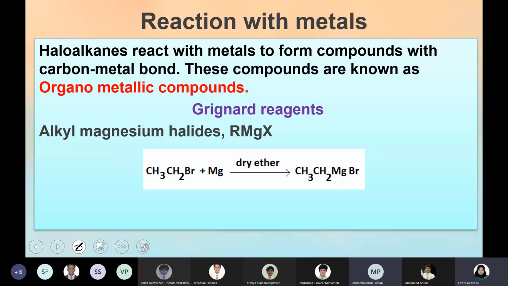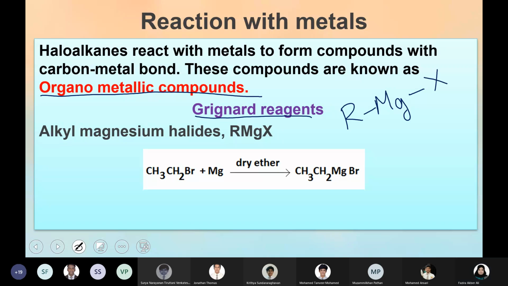Yeah. Reaction with metal. So we are still discussing alkyl halide, how it reacts with metal. Basically the reaction with metal is of two types. The first one is preparation of an organometallic compound called Grignard reagent. Generally organometallic compound means a carbon chain bonded with metal. There are a lot of categories of organometallic compounds, but a Grignard reagent is one among them where magnesium is used as the metal and it is bonded to carbon on one side, that is your organic part, and halogen on the other side. This is what is known as Grignard reagent.